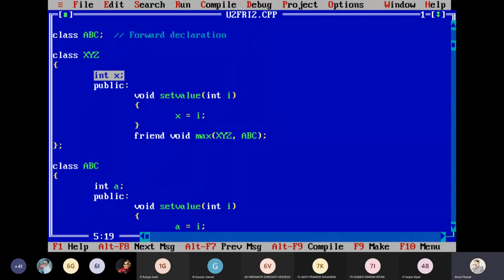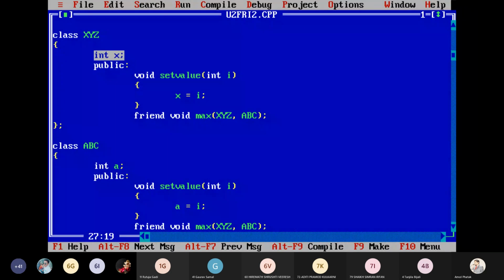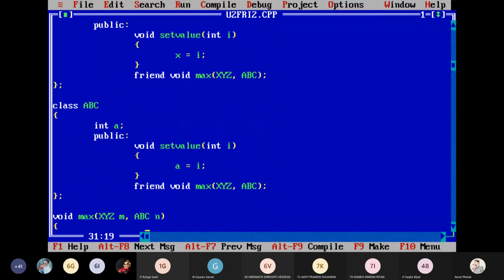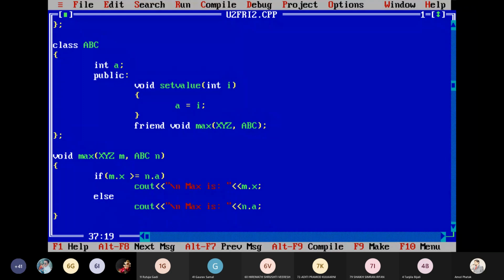I have given the semicolon to class XYZ, yes, it is correct. Friend is correct. Class ABC, just one minute. Max XYZ M: M is the object of this class.